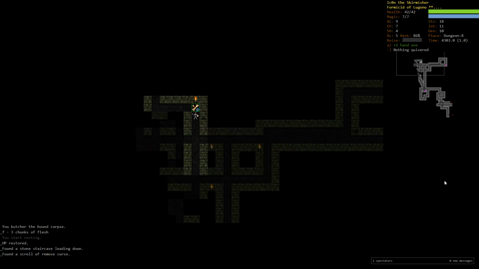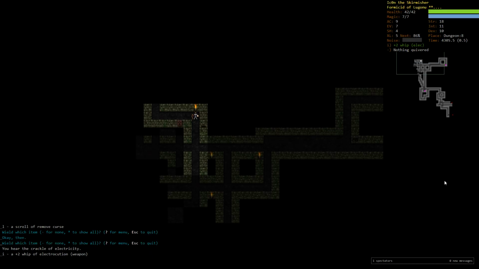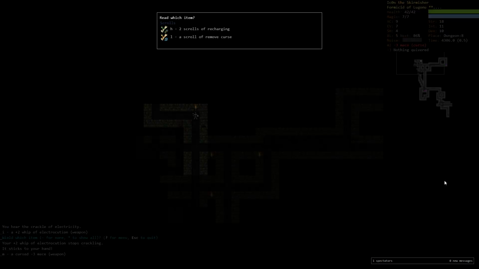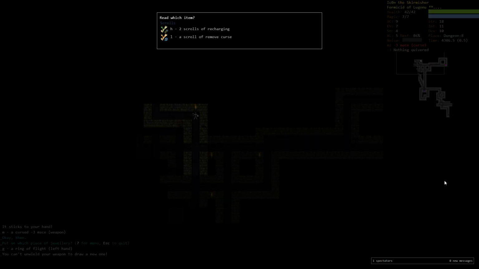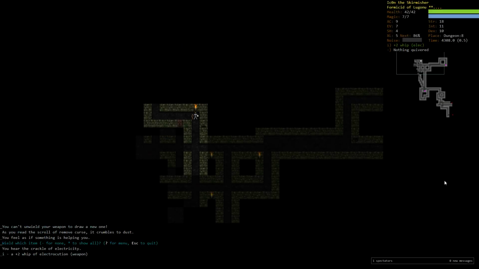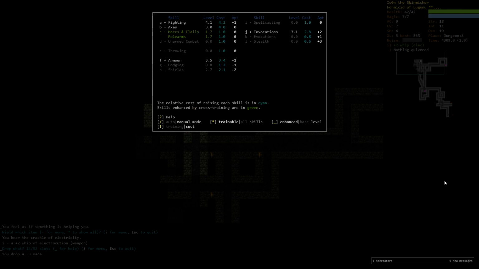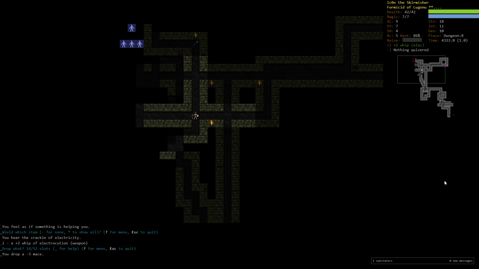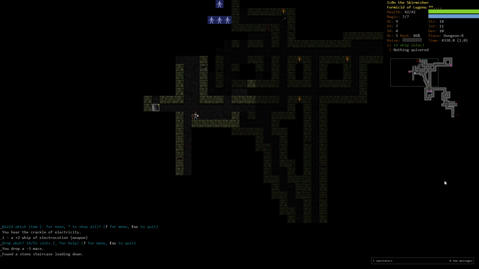I'm a bit sad that I lost the opportunity to bring down the ossuary, and there goes the scroll of remove curse, a whip of electrocution, and a cursed mace. That's a bit unlucky, but I really wanted to check out both. So we're gonna pick up this whip of electrocution, which is a very, very decent weapon here. Way better than the hand axe I'm wielding. And there's another big bunch of enemies, probably some orcs, I think. So we keep avoiding these